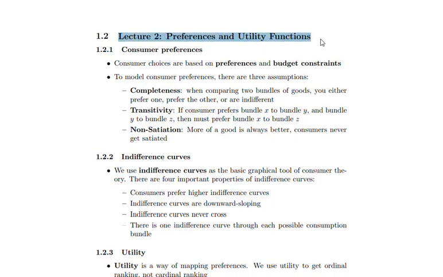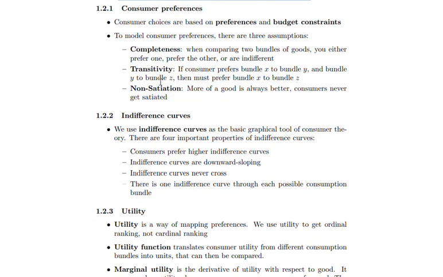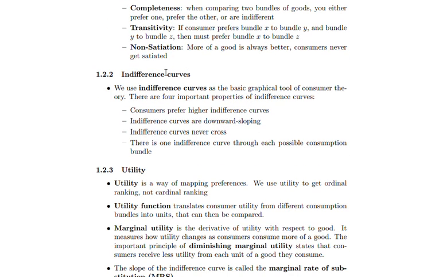Lecture two is preferences and utility function. It is for consumers. Consumer choices are based on preferences and budget constraints. Preferences are just about your utility to you, how happy you are, and to know about this,